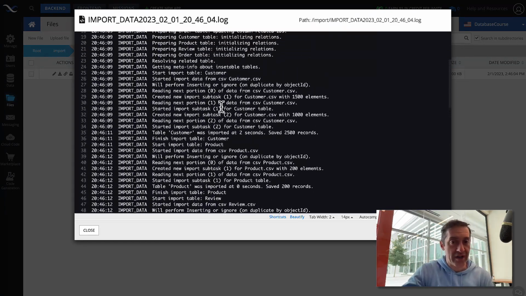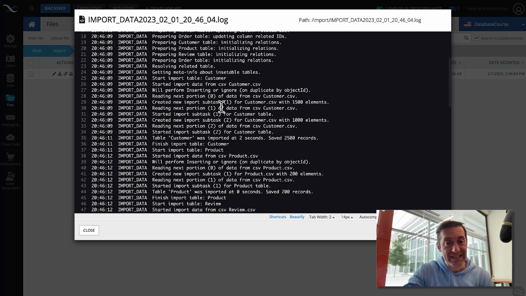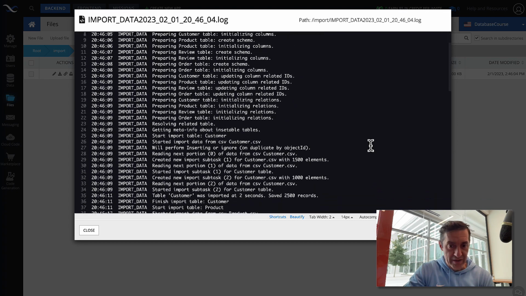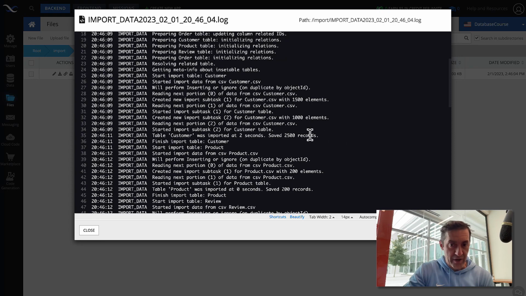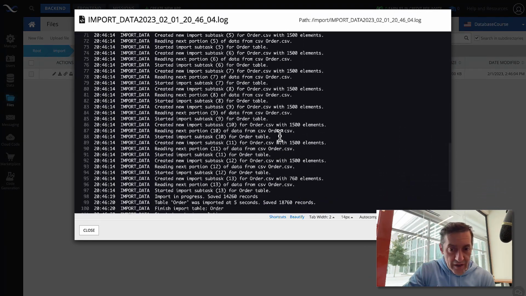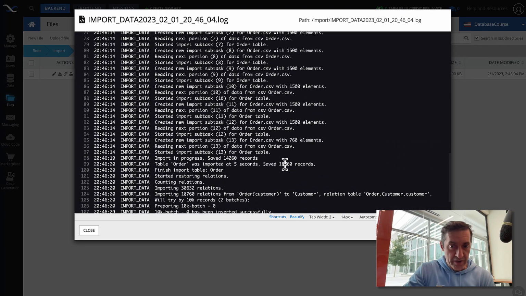Right now the import is still happening because the final line will actually say that the import has finished. But just by looking at this, you will see that we imported 2,500 records into the customer table, and then a line that said imported 18,760 records into the order table.